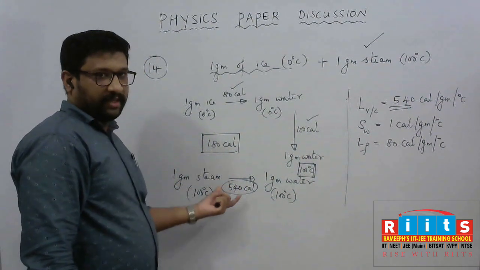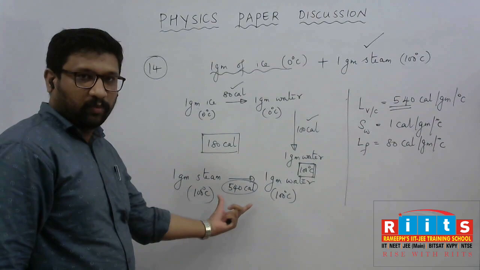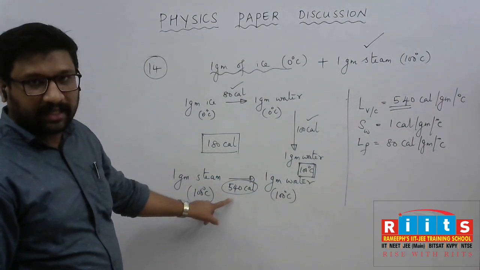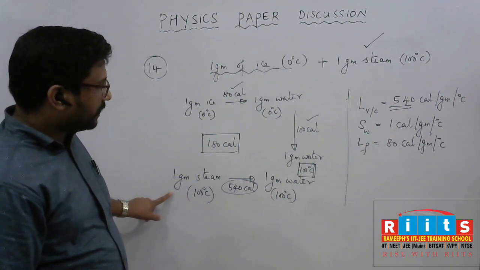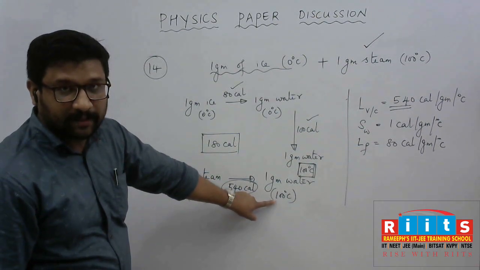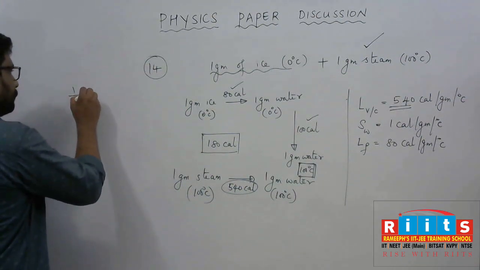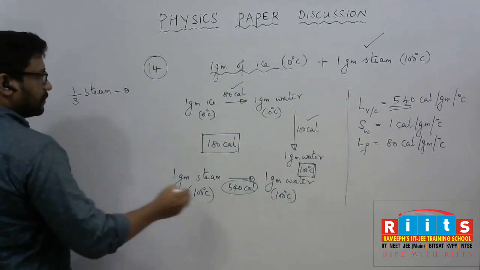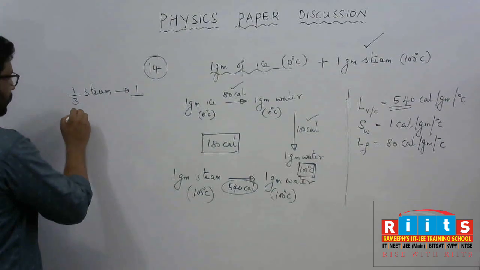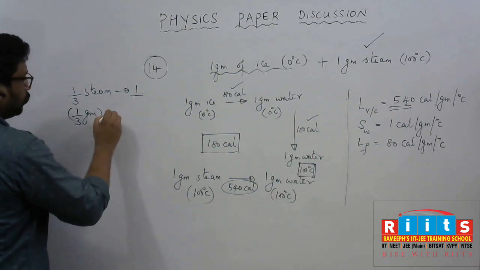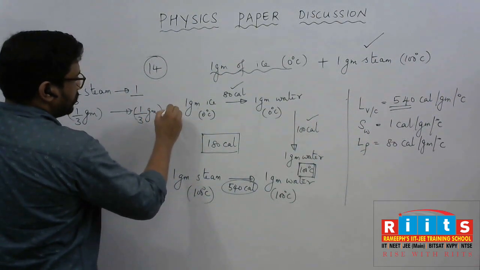Nearly 3 times the heat is there. So for making the whole change, the whole steam is not utilized. Why? The whole steam conversion is giving 540 calorie, but we only require 1/3 of that amount. So only 1/3 of the steam is converting to water at 100 degrees Celsius. Is it clear? So what is the final thing? 1/3 gram of steam is converting to 1/3 gram of water at 100 degrees Celsius.